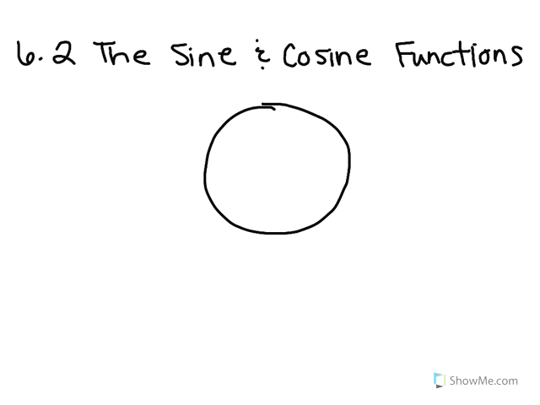This is 6.2, which talks about the sine and cosine functions. Sine and cosine functions will only exist if we have what's called a unit circle to work with. So this is the first thing that we're going to talk about here. So the unit circle, we're going to pretend that this circle that I just drew here in black is a